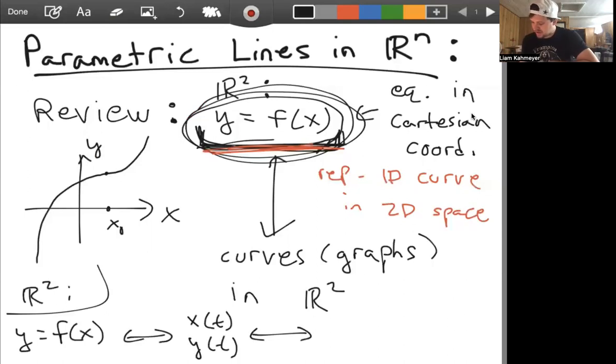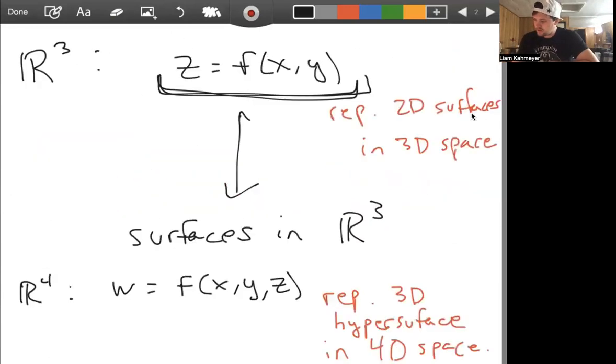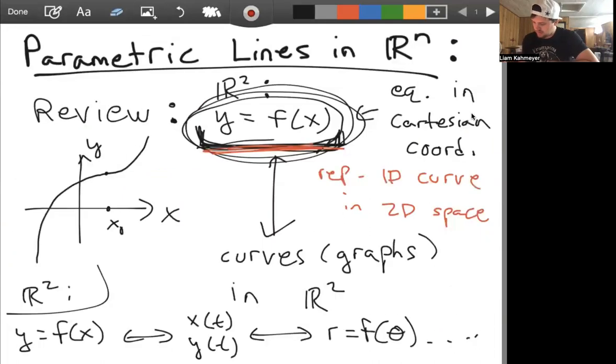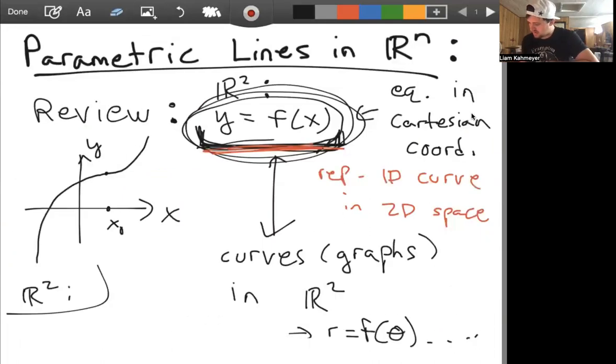We can understand it in polar coordinates, say r is a function of theta. And there are other coordinate systems. These are the main ways we understand curves in R2. And we know in R3,